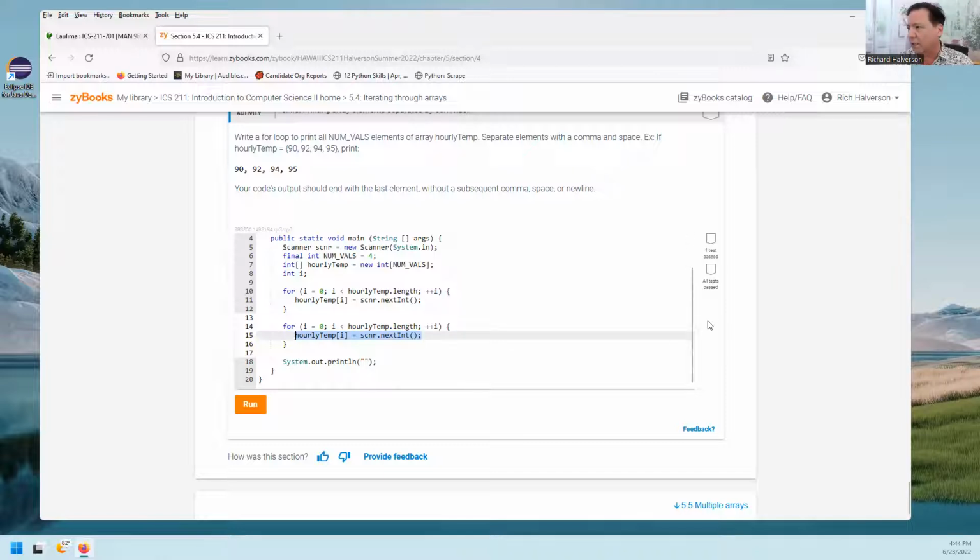First, I'm gonna print System.out.print. I'm gonna print out the number, hourlyTemp[i]. Okay, so I'm gonna print out the number. And then